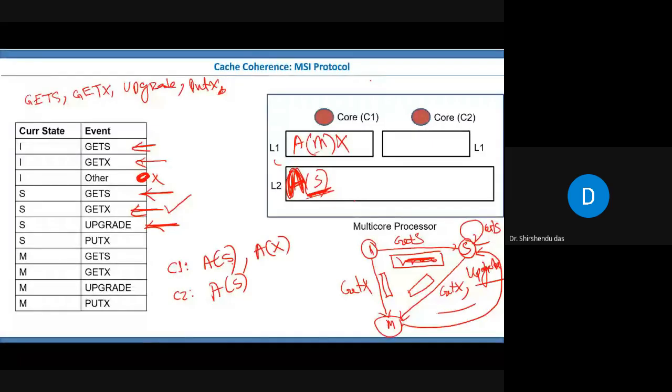Who will set it? According to this rule, among the actions that will happen here, one of the actions will be to mark this as a dirty block. So it should be dirty so that next time when you want to replace it from L2, you understand this is a dirty block. I have to write it back. So as putx is done,